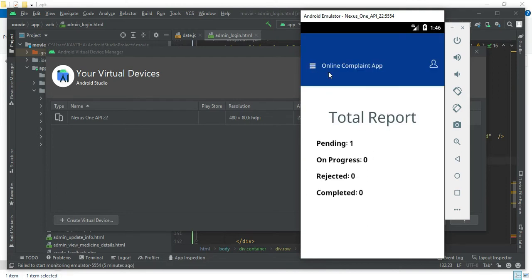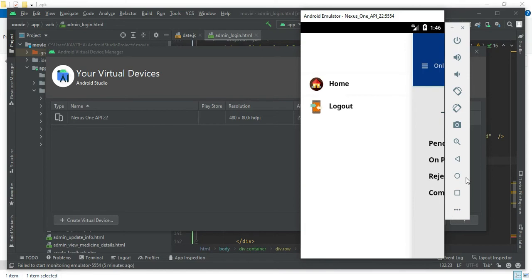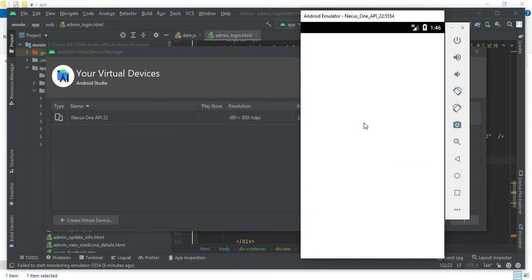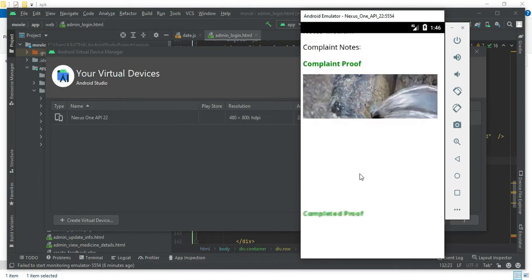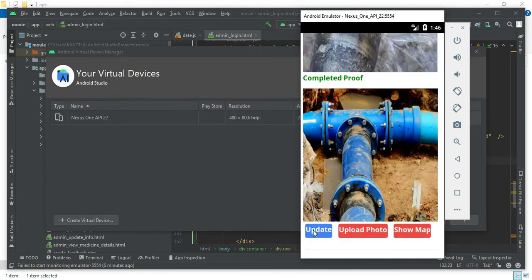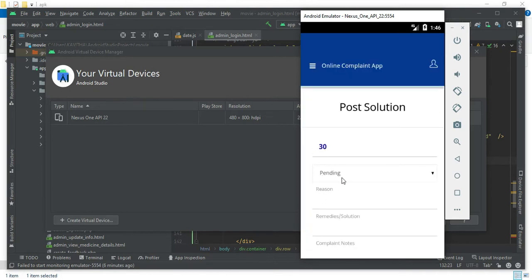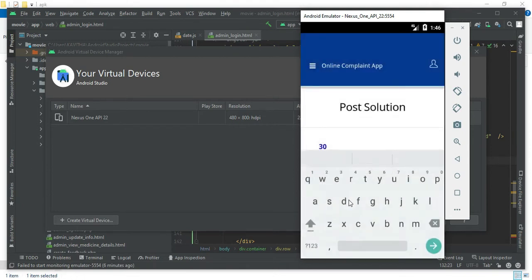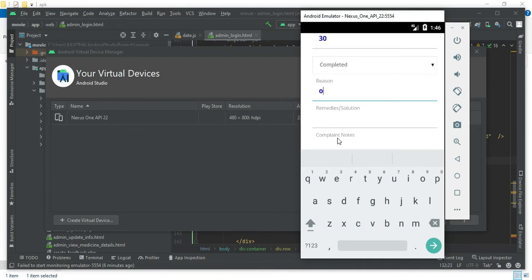So now the report is pending. Pending is 1. Now the complaint is completed, and he will be providing the reason, what kind of reason it is, what remedy has been taken, and some notes for the complaint.